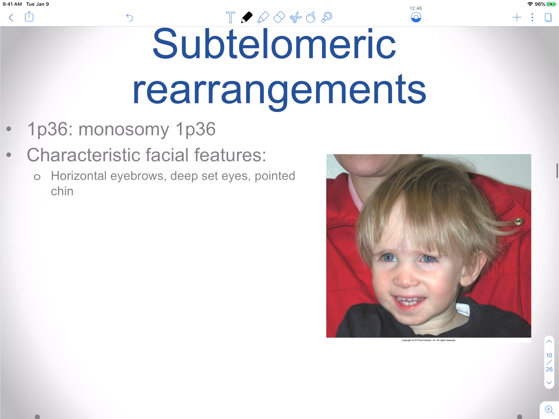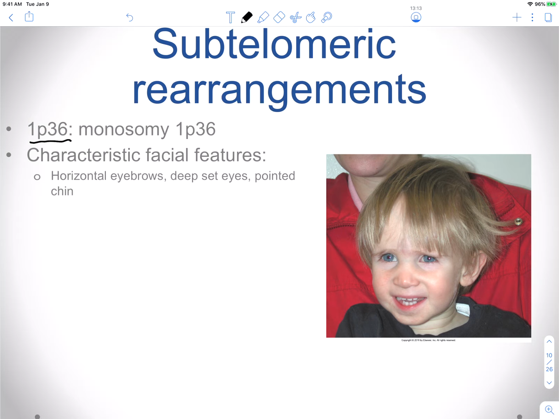There are also areas of subtelomeric rearrangements. And so we have here on chromosome 1, the P arm, band 3, position 6. You have a monosomy in that region. And so this isn't the whole chromosome 1 is missing, but it's just a portion of that. And this is going to lead to